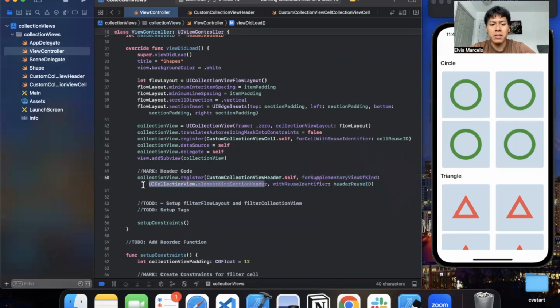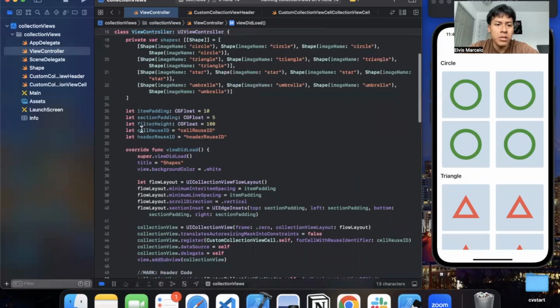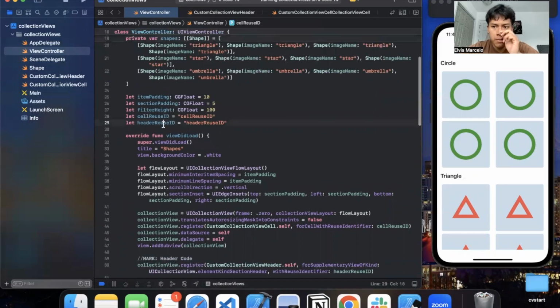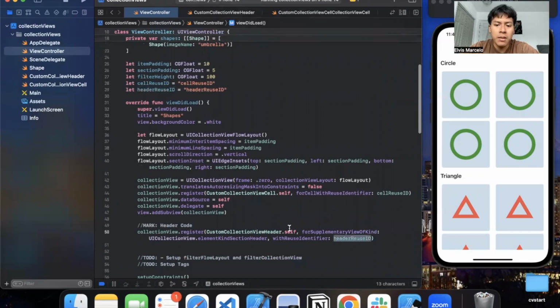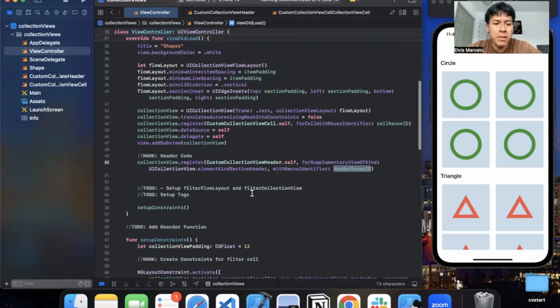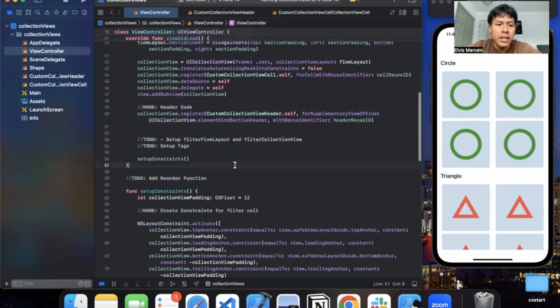So the collection view knows that this header view, this custom collection view header, is a kind of section header. So it knows that we're going to be using it for a header. That way we can implement the right functions that we need to for it, and it can have the right kind of functionality. We also have a reuse identifier for this header view. Just like the cell reuse identifier, the header reuse identifier tells us which header view we're talking about. And that's why we use header reuse ID here. So that's the first line that we add. And then